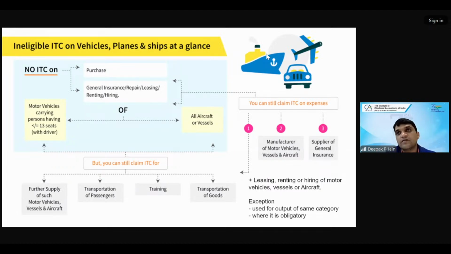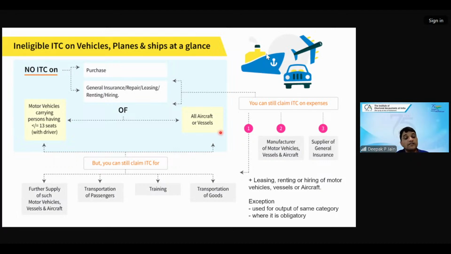Okay. So that's a very, very good interpretation. But when you say transportation of passengers, it doesn't say transportation of persons. So it just says transportation of passengers. Now, employees are not passengers. Generally, passengers will be third party from whom you will collect some charges. Even though that is not specifically mentioned, the general understanding is if you are using it for transportation of passengers, there